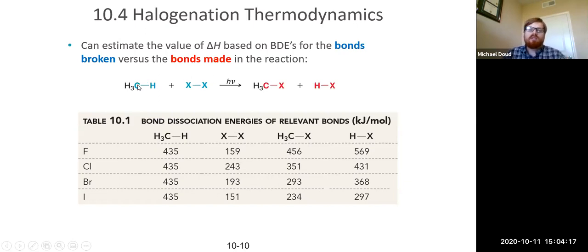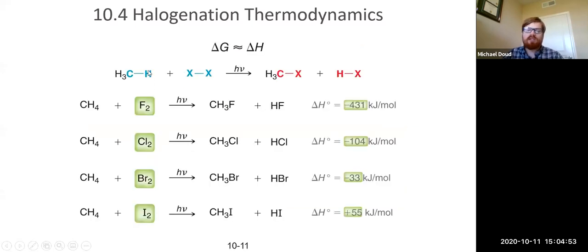So the bonds that are broken are always going to be these carbon-hydrogen and halogen-halogen bonds. And then the bonds formed are always the carbon-halogen and the hydrogen-halogen bonds here. So, for example, for fluorine, we're going to take the carbon-hydrogen bond, that's 435, plus the halogen-halogen bond, that's 159. We add those two together, and then subtract from it the energy that we gain from the bonds formed, which is the carbon-halogen and the hydrogen-fluorine bonds in this case. That's 456 and 569. So when we do that, we actually end up with a hugely exothermic reaction, negative 431